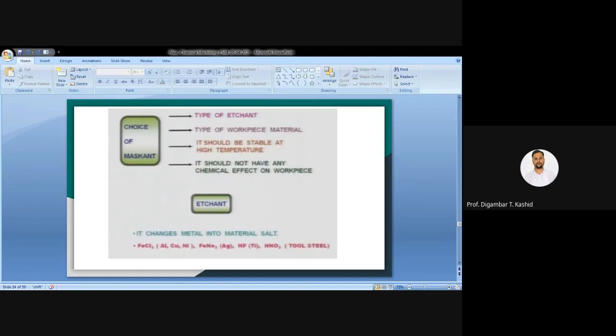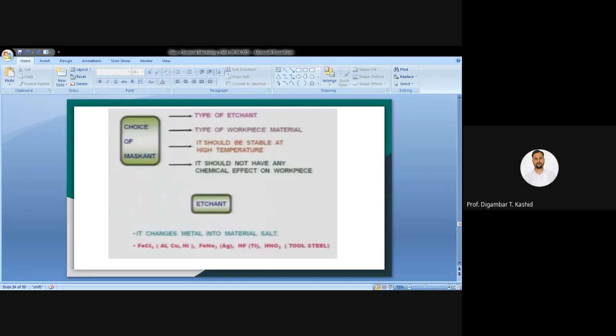So depending on the workpiece material, you have to select the mask coat and then the etchant. Okay, so which type of workpiece material you are using, that is also important. So the choice of mask normally totally depends on the type of etchant, then the type of workpiece. Okay, again the mask coat should be stable at high temperature.